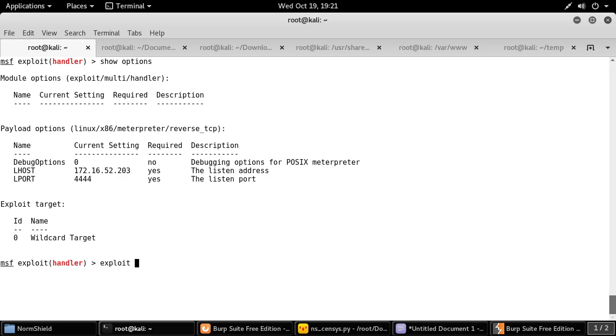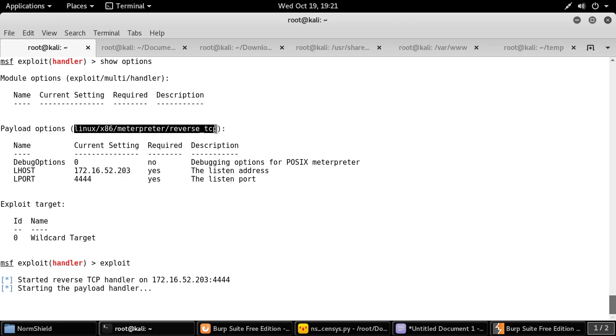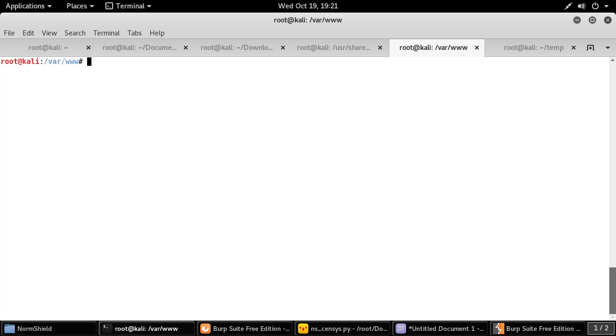When I run exploit, what's going to happen? It just listens. It's not going to do anything unless you get somebody to connect to this box. So this is my payload. I will use the exact payload when creating the meterpreter. MSFVenom is the creator of the meterpreter. So I will use the payload linux x64 meterpreter reverse TCP